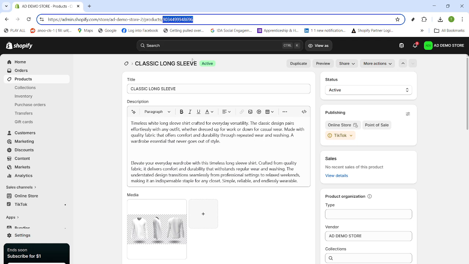If you don't see a number, confirm you're in the admin, not the public storefront, and that you've opened a product and not a